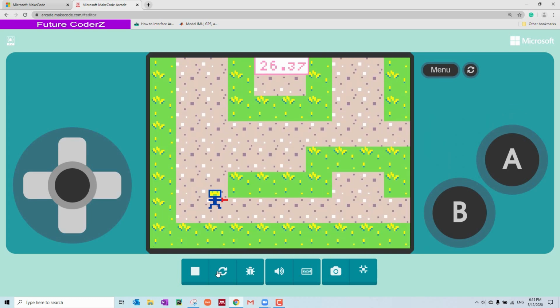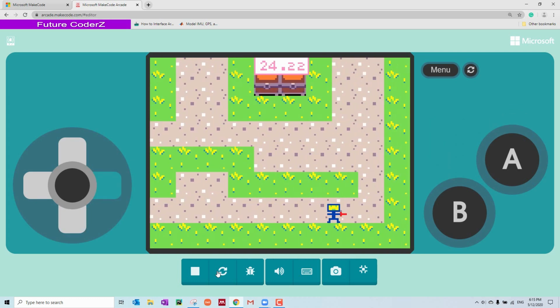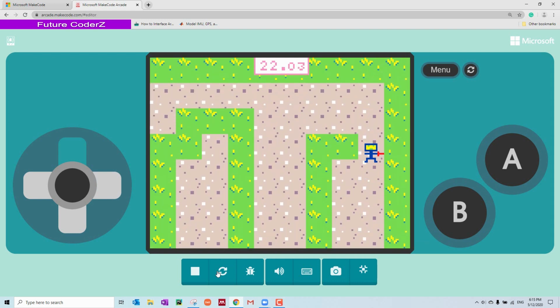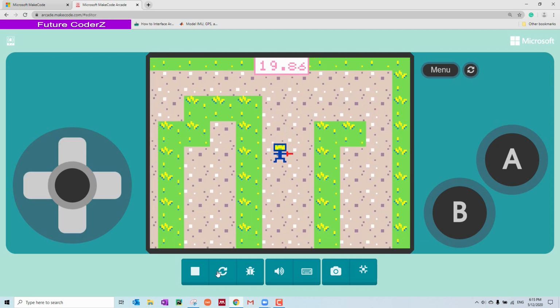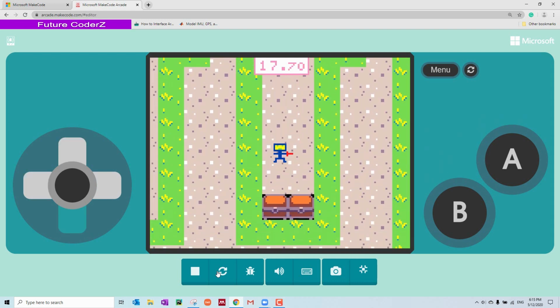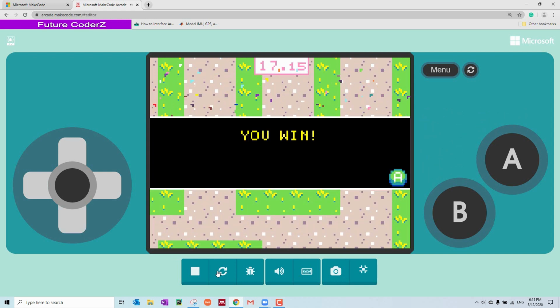You could control the sprites using your arrow keys on your computer, or else if you are using an iPad, you can use the on-screen controllers. Then once you hit the goal, you can win your game. So I'm going to demonstrate to you today how to create this kind of cool game in the Microsoft MakeCode